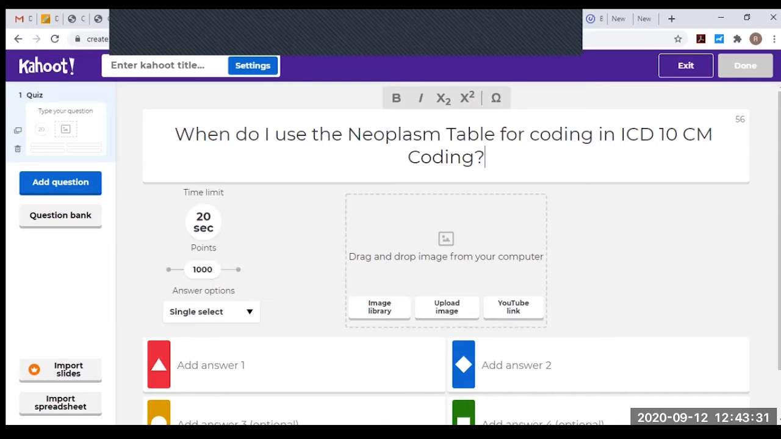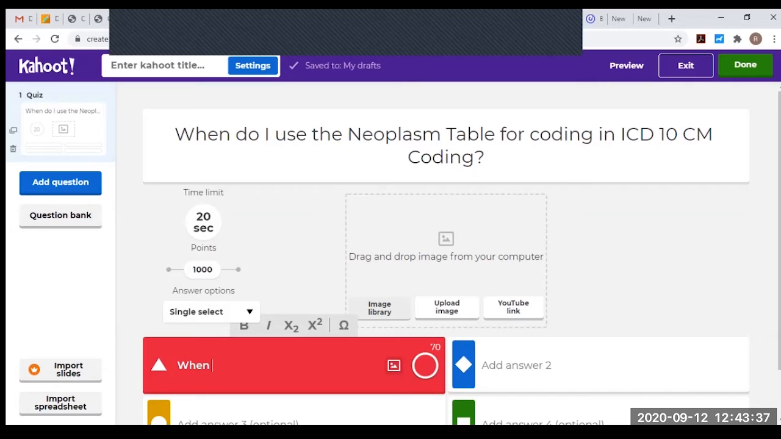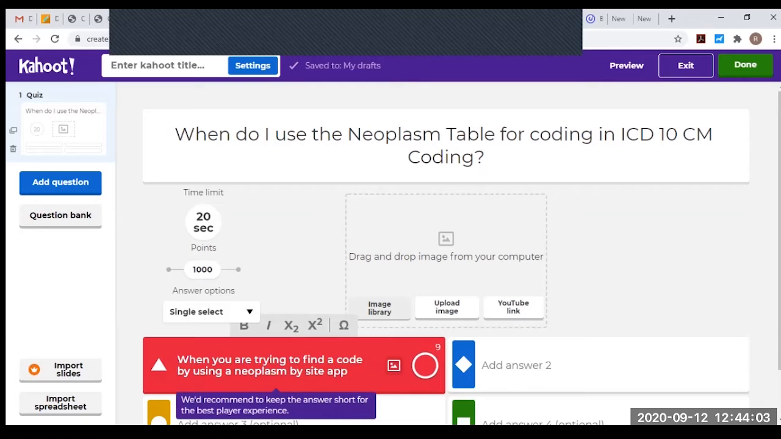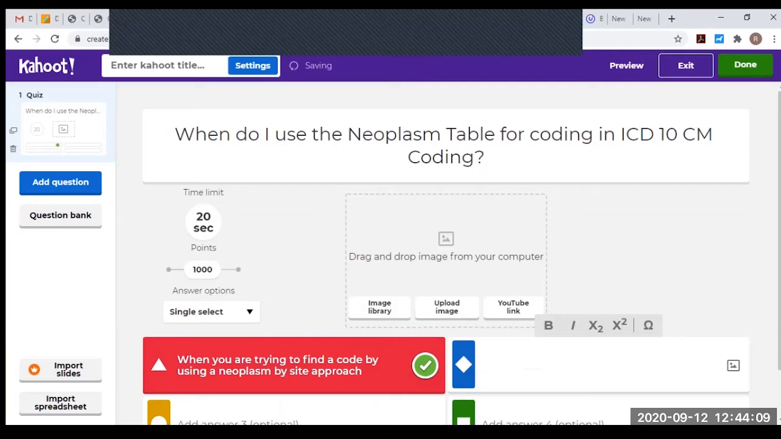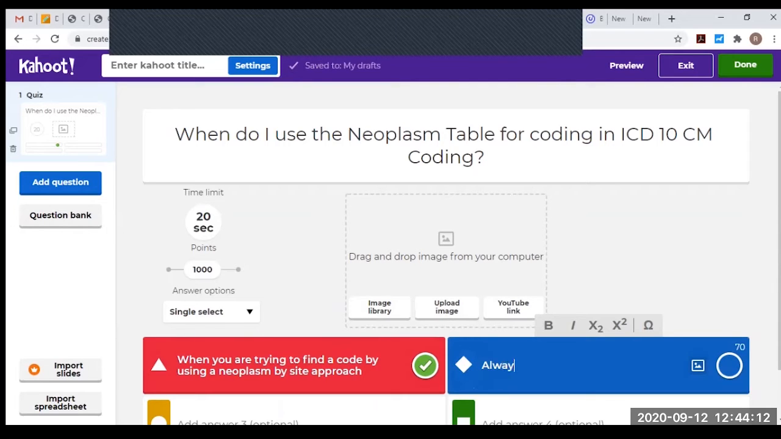So I'm going to put my answers. When you are trying to find a code without by using a neoplasm by site approach. It's going to be the correct one. Always